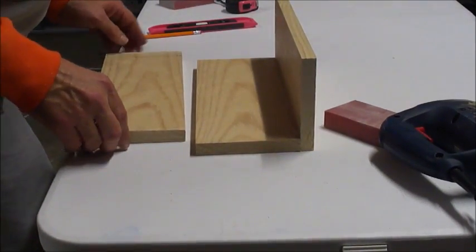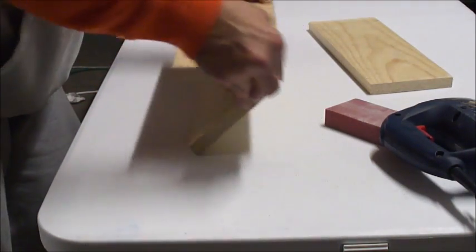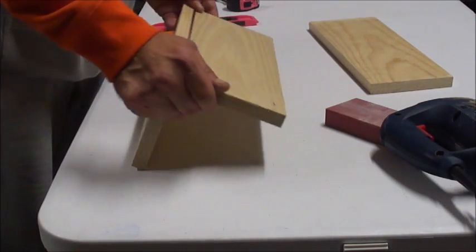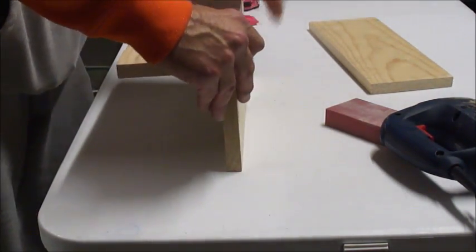I don't know if there's an extra charge. I'm not sure about that. But you could just have whatever size wood you need. Just go there and have them cut it, and then you can go home and put it together. Now, the next thing that we're going to do...